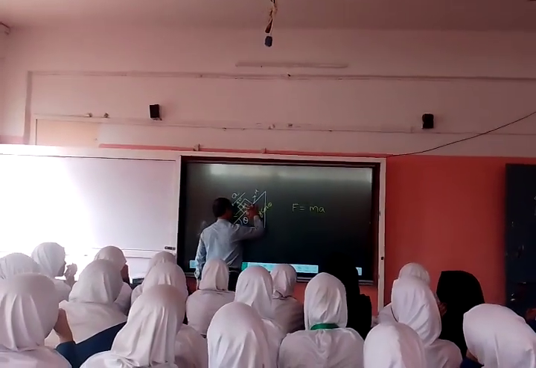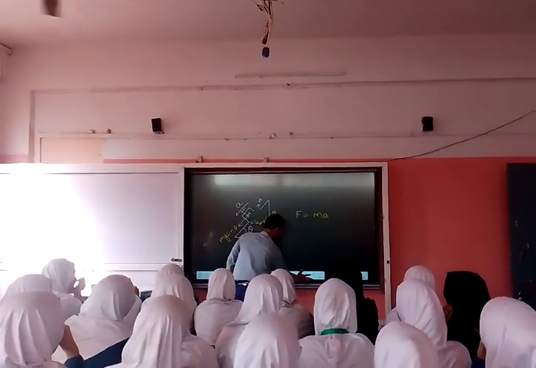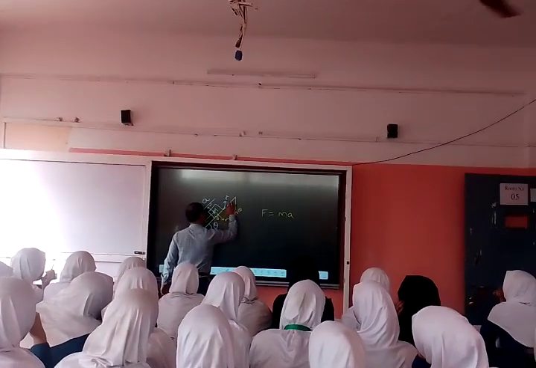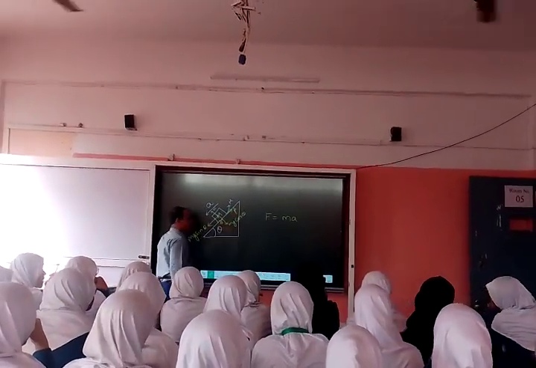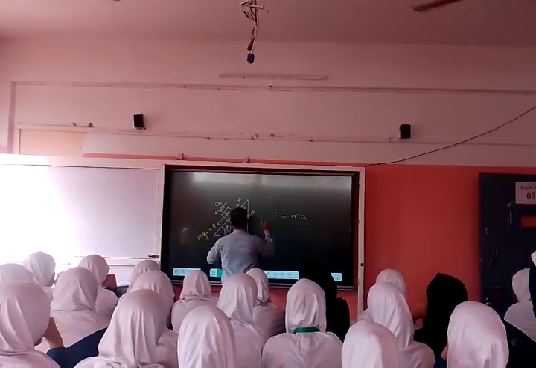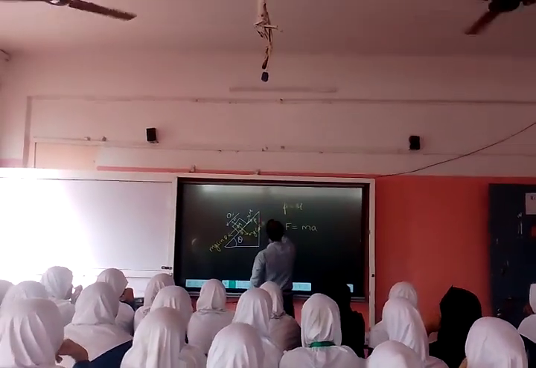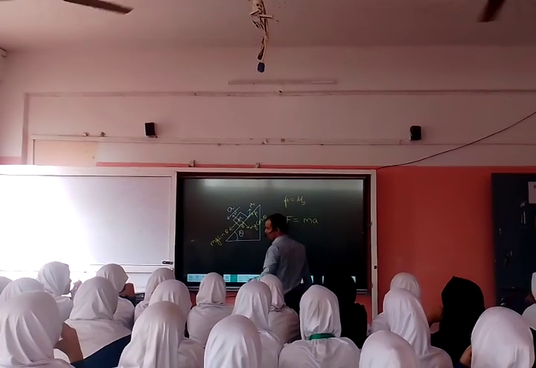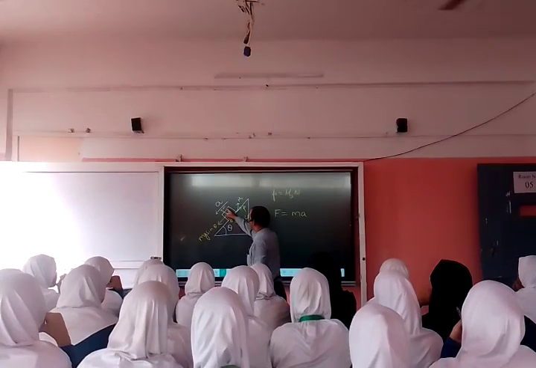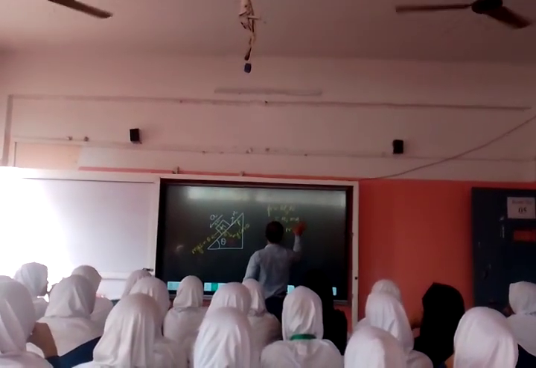The frictional force will act in the opposite direction. This is the frictional force, which is acting in the opposite direction. So frictional force f is equal to mu into N, where mu is the coefficient of friction. But what is N? N is equal to mg cos